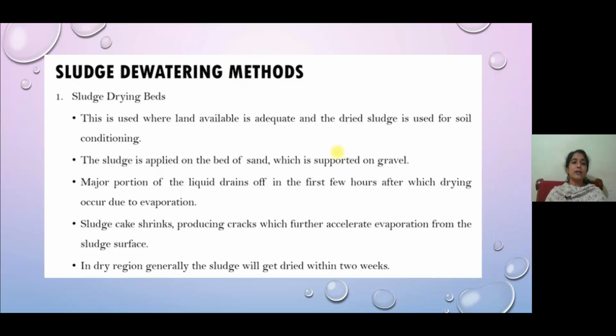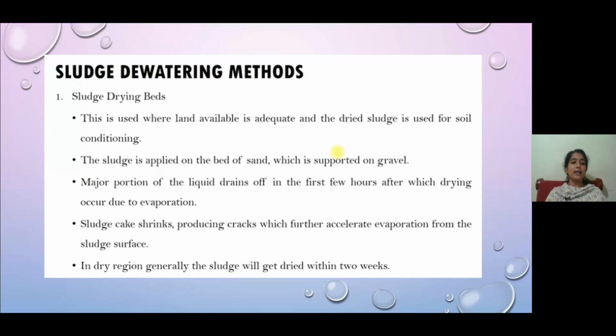Then the sludge dewatering methods: sludge drying beds are used where the land available is adequate, and the dried sludge is used for soil conditioning. The sludge is applied on a bed of sand, and the sand bed is supported by gravel. This is a purely physical operation, and the major portion of the liquid will be drained off after a few hours of application, and the other part will be removed by